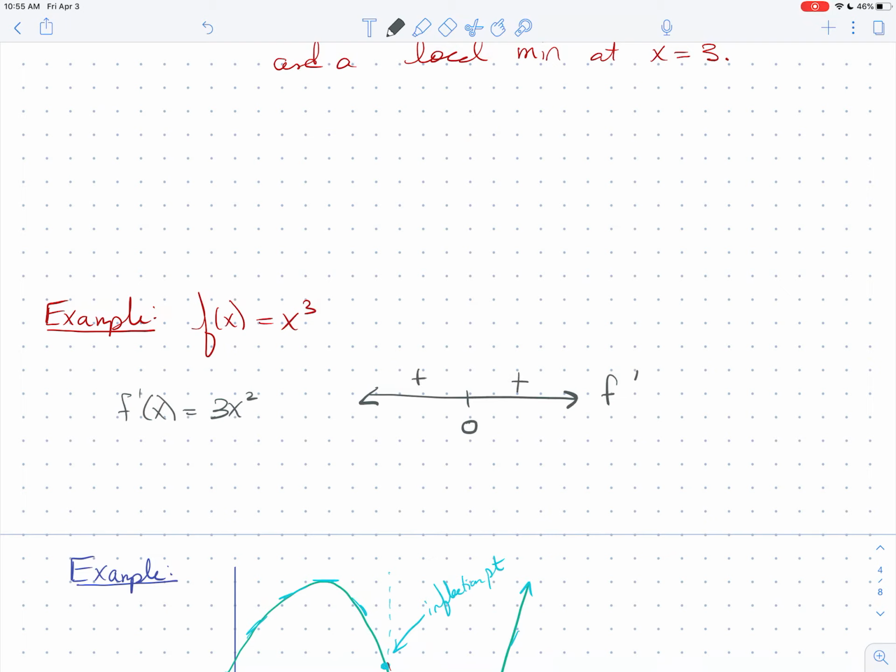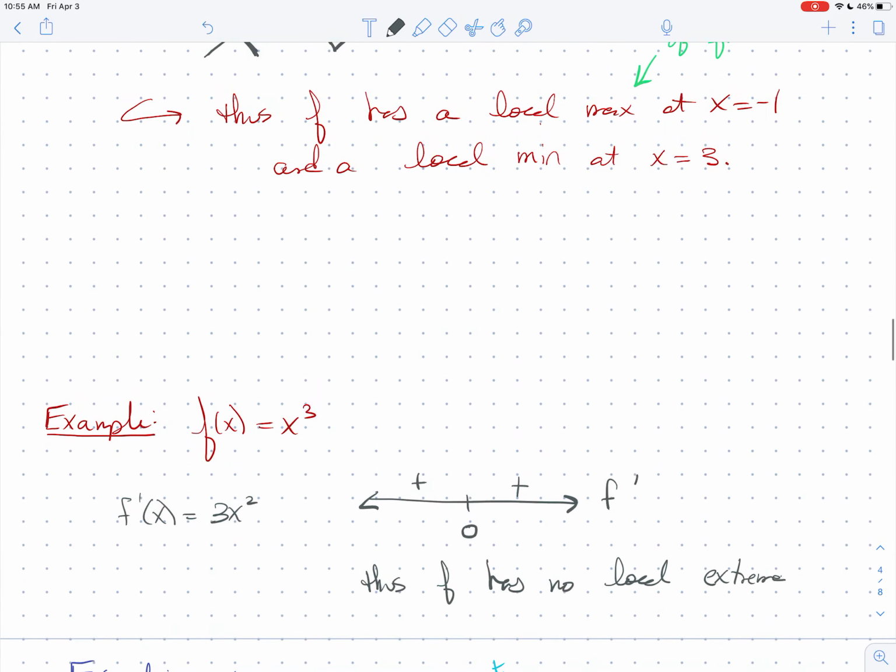Plug in 1, you're positive. Plug in negative 1, you're positive. f prime is not changing sign at 0. So we can actually conclude now that f has no local extrema at x equals 0. So I'll stop this video here. In the next video, we're going to begin to explore what the second derivative